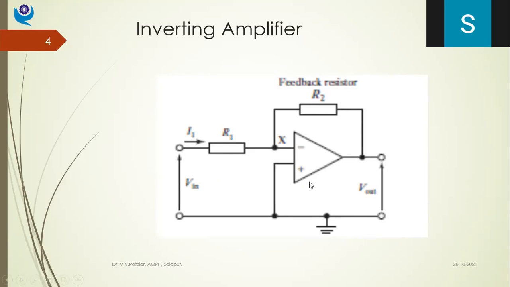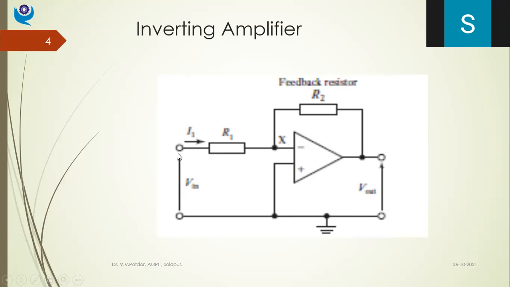Okay, so this is my basic op-amp, right? It has got the input side, as I told you, and this is the output side. Just be attentive. Inverting input and non-inverting input, isn't it? Non-inverting is positive, inverting is negative. So to the inverting terminal, I'm giving some voltage Vin, and the other terminal is grounded, right? The non-inverting terminal is made as ground, and the inverting terminal is given some input voltage. Let us say some plus 10 millivolt is there. I want to convert it into minus 10 millivolt.